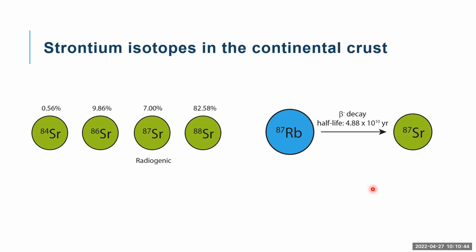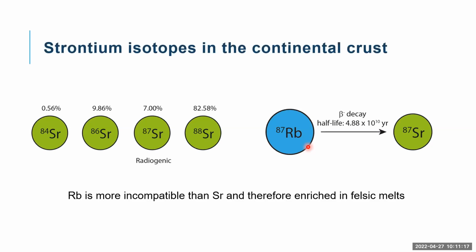So the reason for a higher strontium isotope ratio in the felsic crust has something to do with the origin of this isotope, the 87 strontium isotope. So strontium has 4 isotopes, and only this one is radiogenic. Only this one is produced by radioactive decay of its parent isotope, 87 rubidium. So this means that 87 strontium is basically produced by radioactive decay, and the key here is that this rubidium